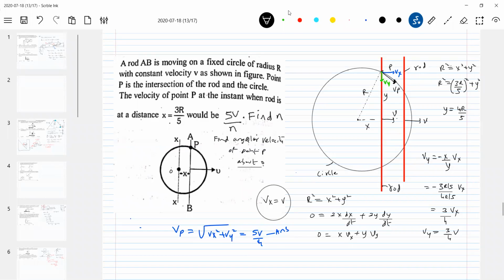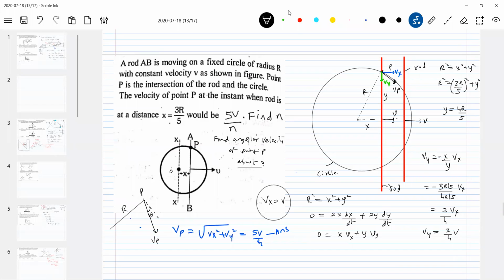Okay, now check it. Is Vp perpendicular to R? If it's not perpendicular, the component of Vp perpendicular to R should be taken to get the angular velocity. I just added this because it's the basic definition. So here I'll give a small diagram. This is the point P. We don't know the Vp, so I'm assuming it will be somewhere like this. Let this be the perpendicular direction. I'm just giving an idea, so try to solve this.